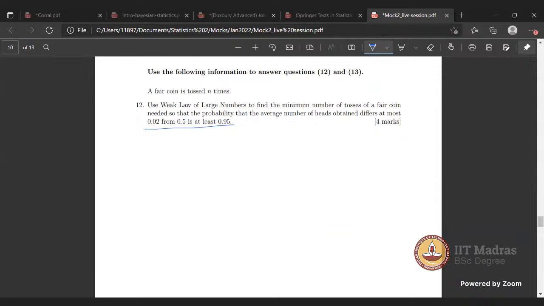So what does the weak law of large numbers say? It says the probability that mod of x bar minus mu is greater than delta is less than or equal to